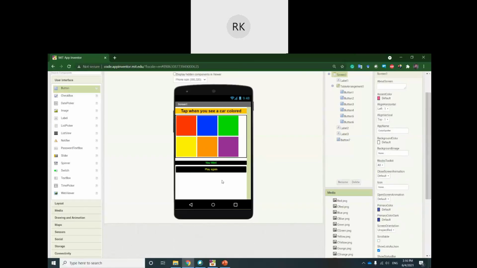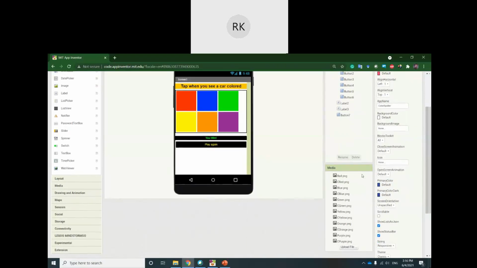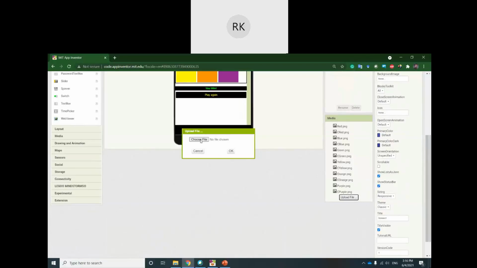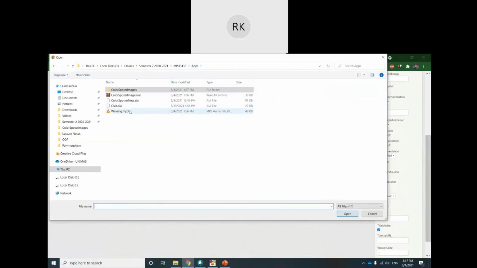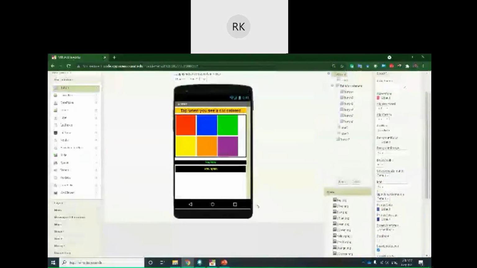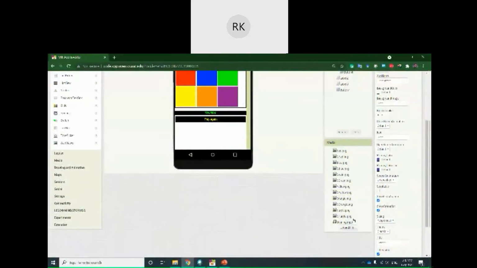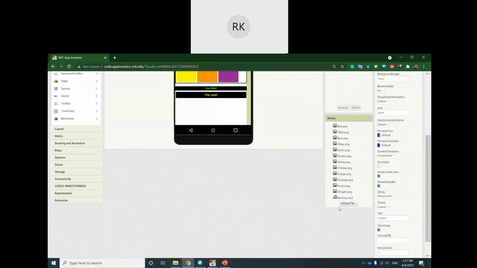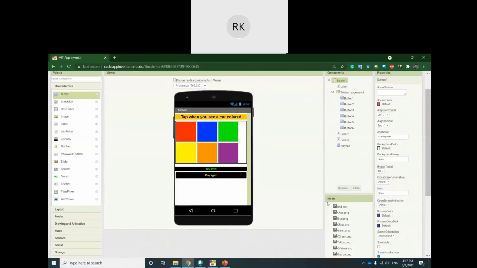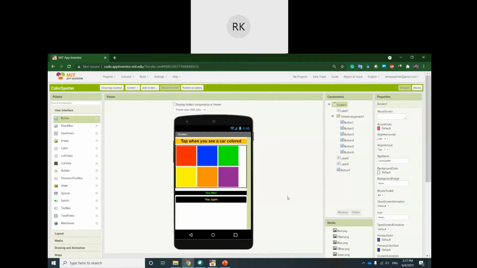One thing left, that is if someone wins, then there should be a winning sound. So the winning sound, we will just upload here as a file. You see here, upload as a file the winning sound, and we will use it later. You see here under the media, all the images are there. So here is upload file. Here you can upload any file, any audio, video, even a text file you can upload. So this one we will use later.